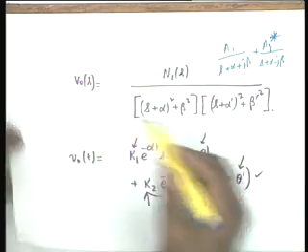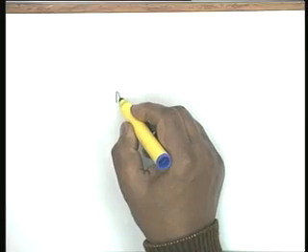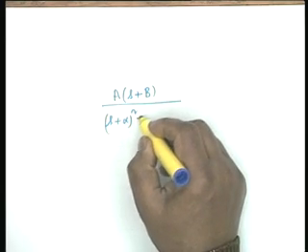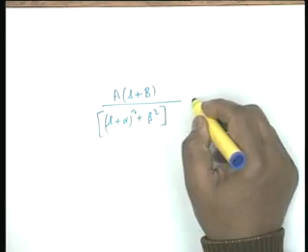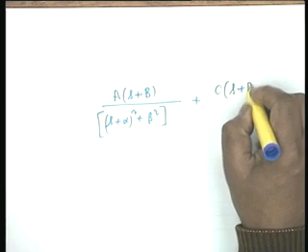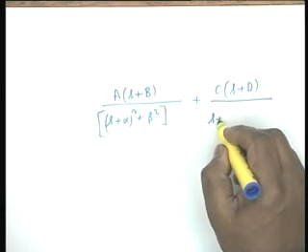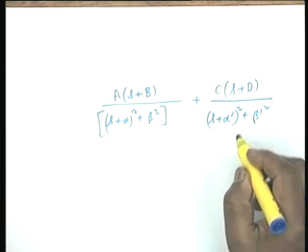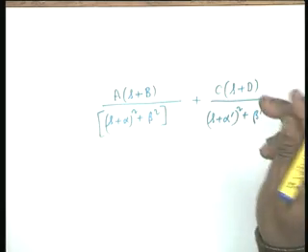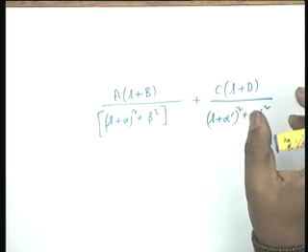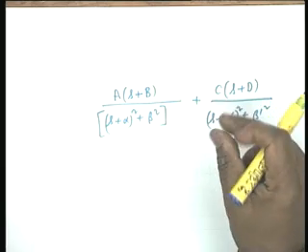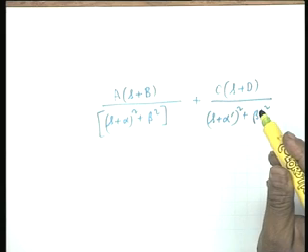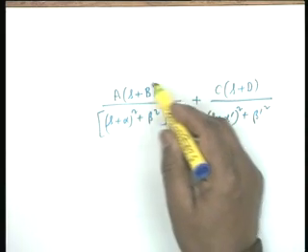Then you simply write this in the following form. You write this as (A s plus B) divided by (s plus alpha) whole squared plus beta squared, plus (C s plus D) divided by (s plus alpha prime) squared plus beta prime squared. How do I know that this will take care of the numerator? The numerator is of degree 3. If you clear this out, obviously the numerator will be of degree 3. There are 4 constants here, A, B, C and D. You find out the constants, and then invert term by term.